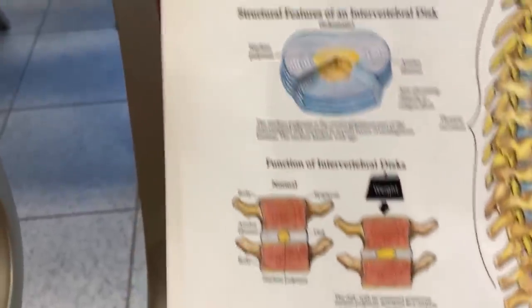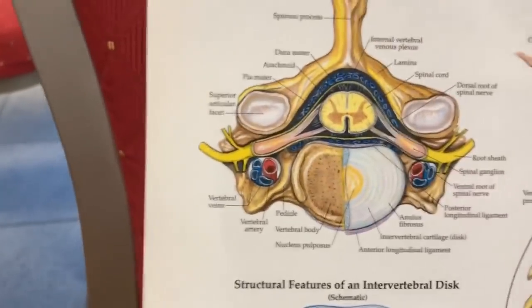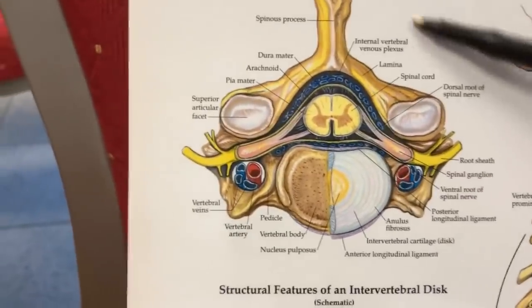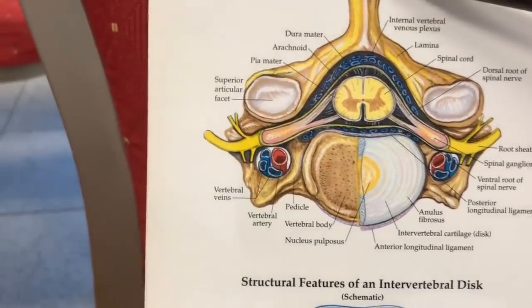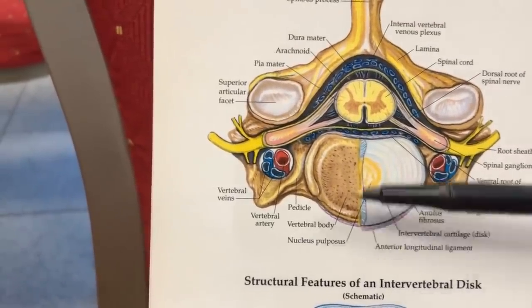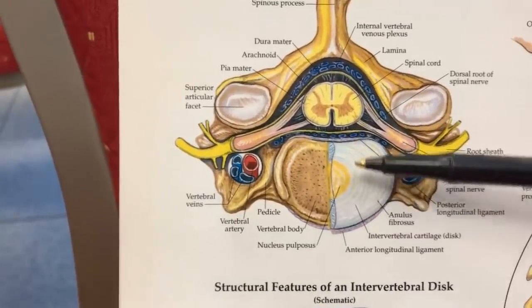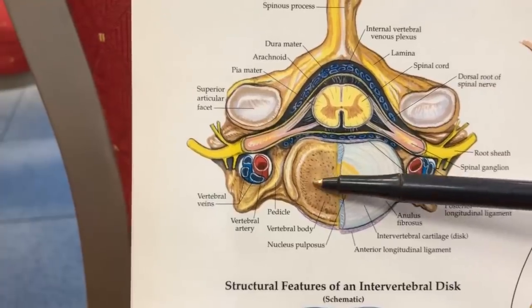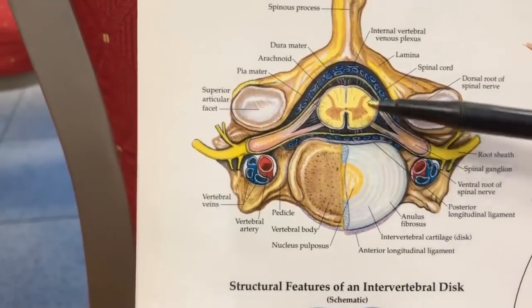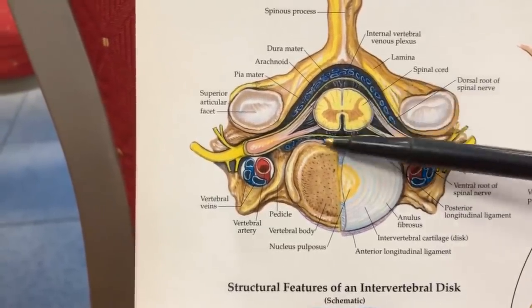And let me show you a bit more of the anatomy here, because people ask me about their MRI reports. So here's a cross-section of the spine. So over here is the back part of the spine. Over here is the front part. That's the vertebral body. That's an actual disc. So it's showing half the disc. So it's showing the bone, the vertebral body, and the disc. And then here's the spinal cord inside the spinal canal.